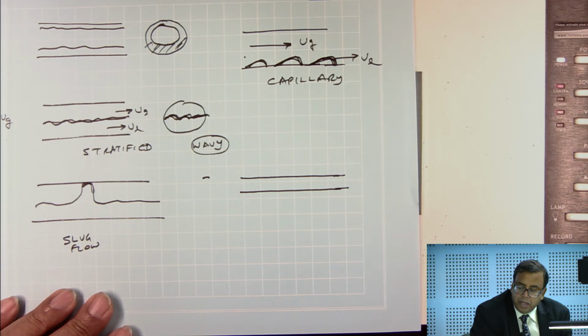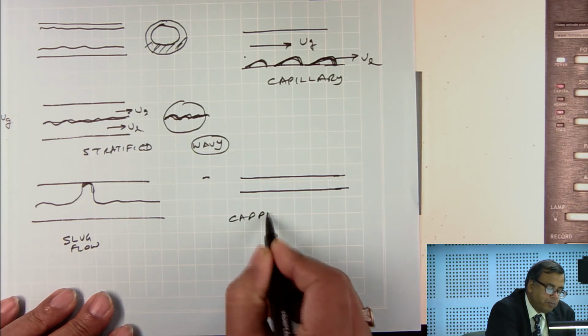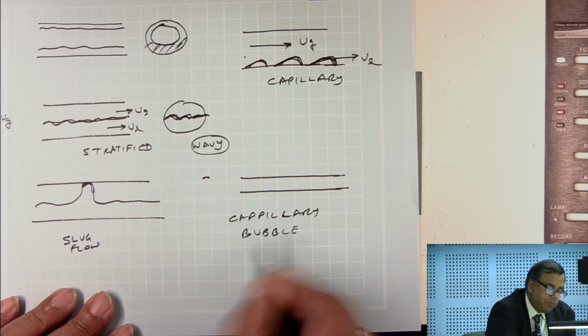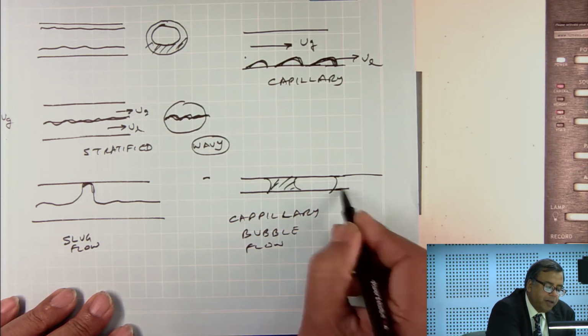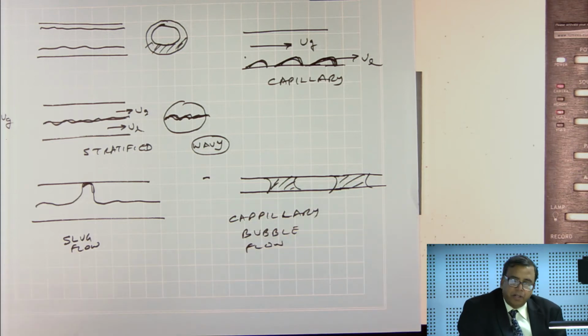Okay. And that is known as a capillary bubble flow, where you have this capillary liquid trapped in between gas bubbles. This typically happens when you are trying to have a carbonated beverage using a plastic straw. Okay, that is a classic example of having a capillary bubble flow, where sometimes the carbon dioxide from the flow